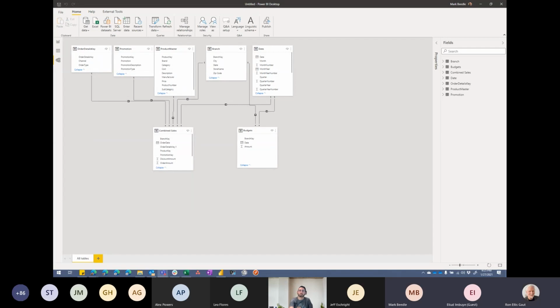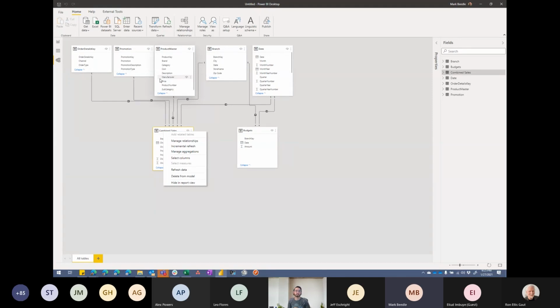Yeah, I definitely didn't clean up my names very well in this demo, but what I typically do, I'm not going to expose my fact table at all, right? So combined sales and budgets would probably both be hidden. And prefixing with dim works, but it does kind of add that BI bubble barrier a bit, because most people that use reports don't know what a dim versus a fact table is.